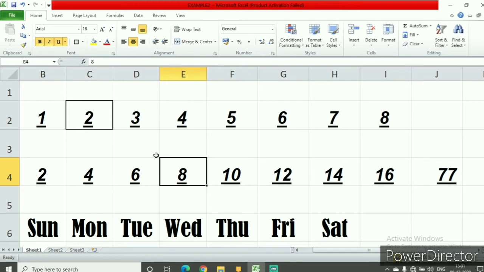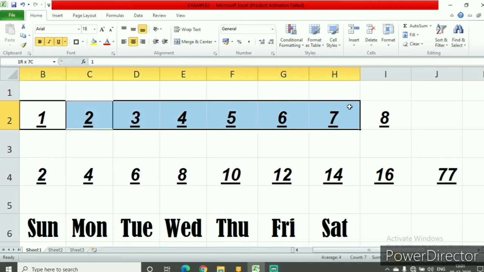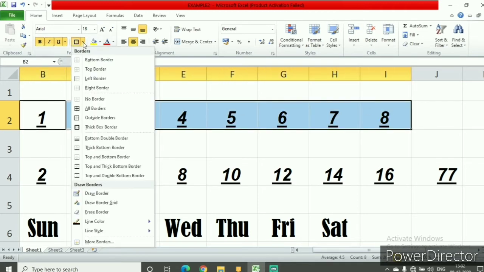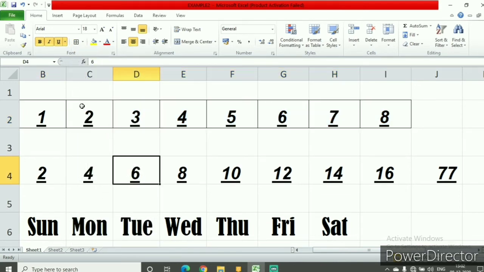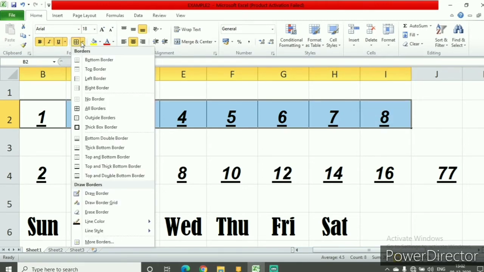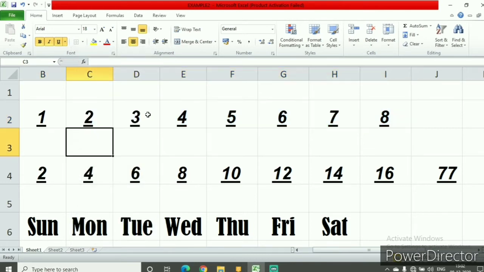Can you see a border around here? Suppose I make this border for everyone out here. If I make all borders, what will happen? There will be an internal border also, and there will be an external border also. So this is the place where you can have a border. What I'll do is I'll remove all the borders.